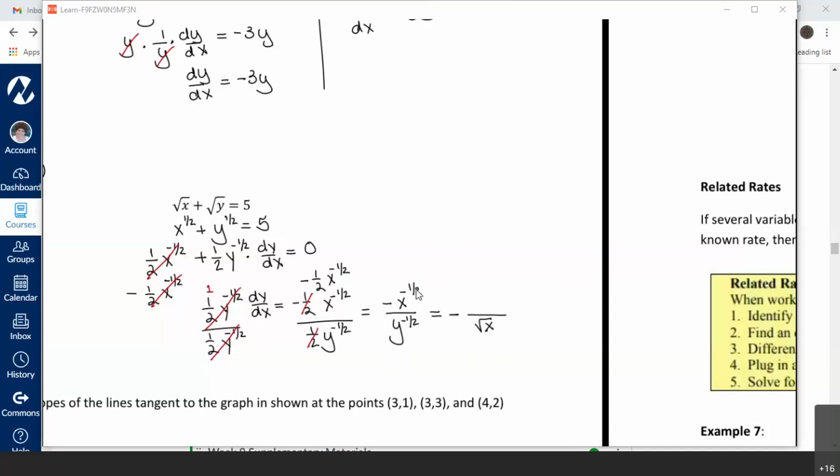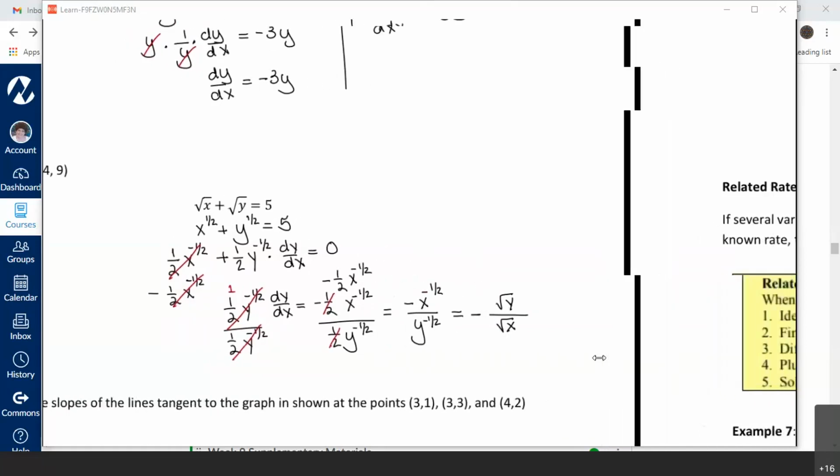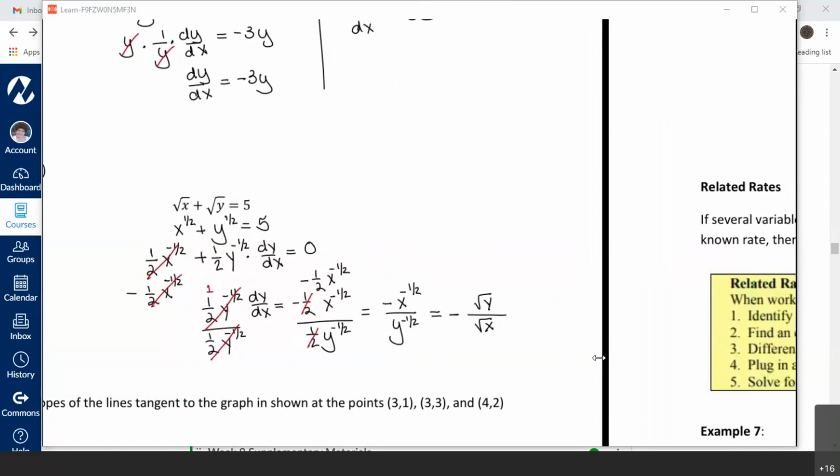Okay, so negative, the 1/2 exponent makes a square root, the negative 1/2 flips it on the other side. Likewise, this y to the minus 1/2 is going to give me a square root of y, but on the opposite side of the fraction bar. Okay, so this is everything simplified out. And then all you have to do is evaluate it at 4, 9. Okay, and then I have dy dx equals the negative square root of 4 over the square root of 9. Okay, which is